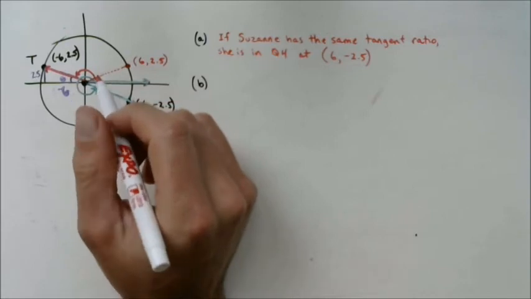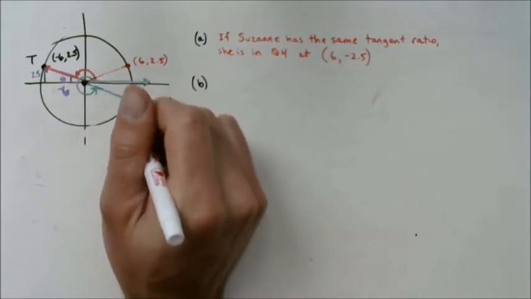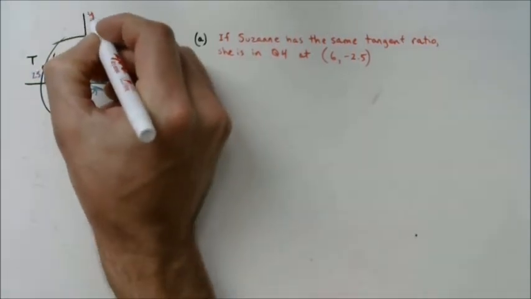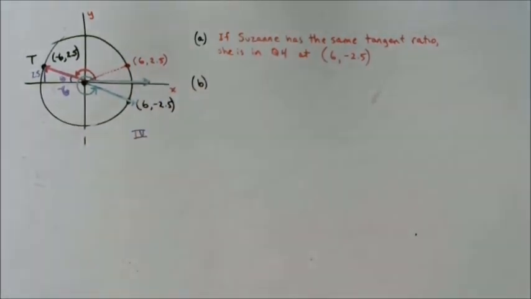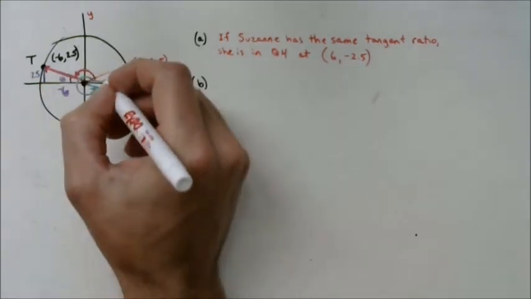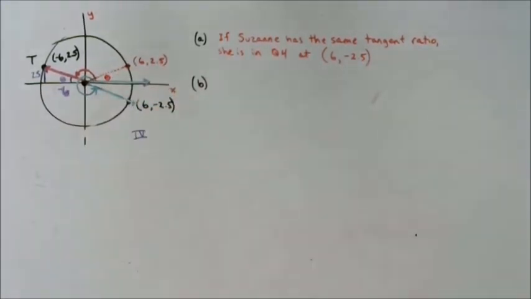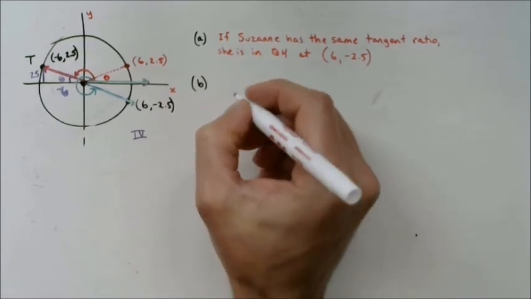Suzette's house is also a reflection of (6, 2.5), but flipping over the x-axis, okay? The reference angle associated with these points is theta. So let's call this theta. And what do we know about theta? We know that the tangent of theta,